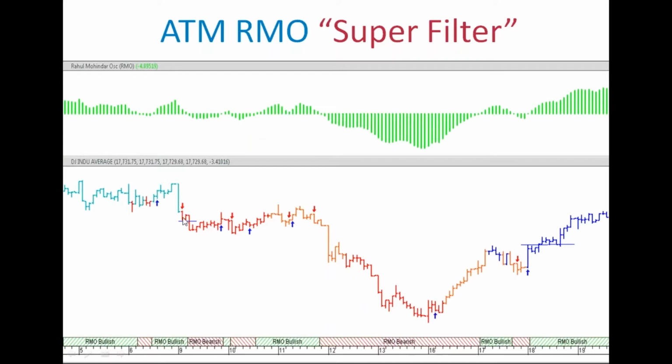And secondly, when I got my first down break, when I got the red colored bar and the RMO went down, the really nice thing is I could establish that, hey, this is not just a first breakout, but it's also with a dark red color, the bright red color, and that means it's a very confirmed or the strongest form of selling. So those colors really do the talking.